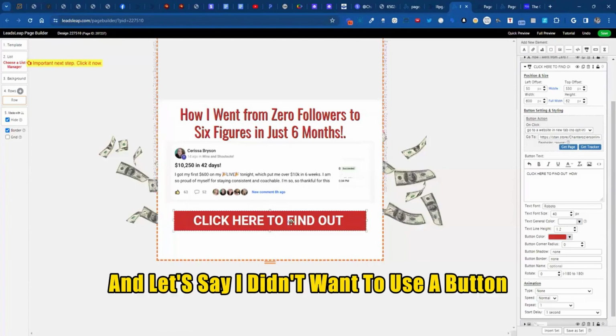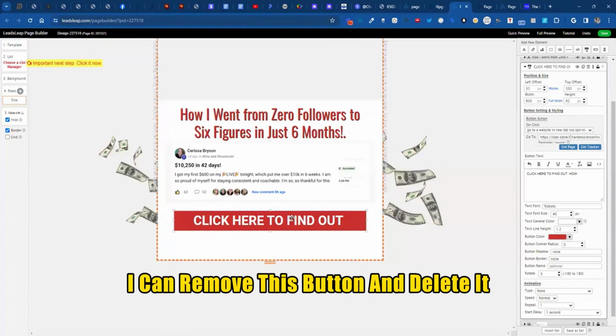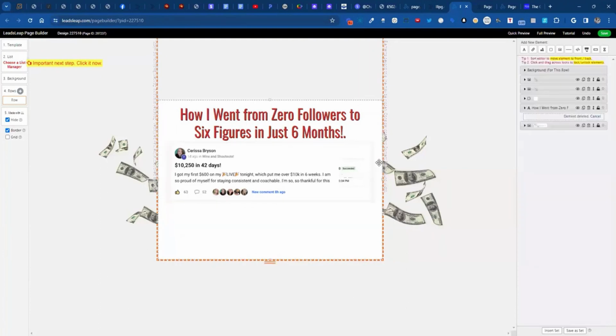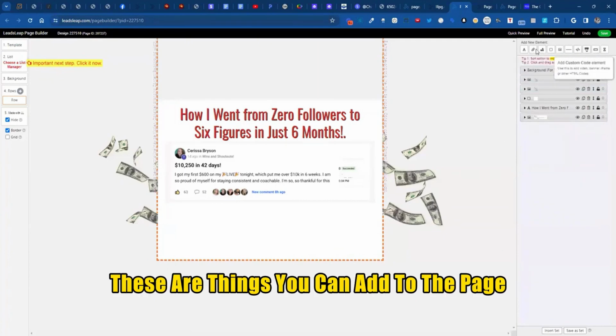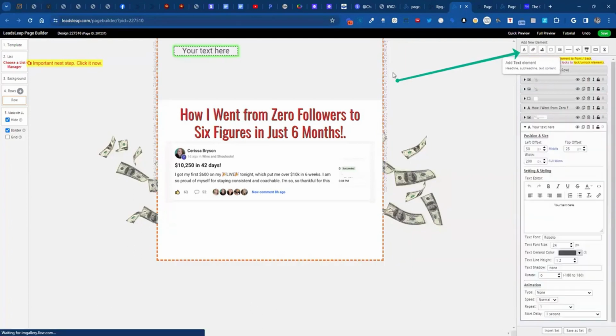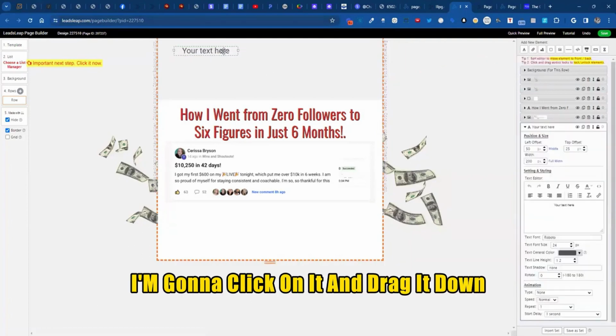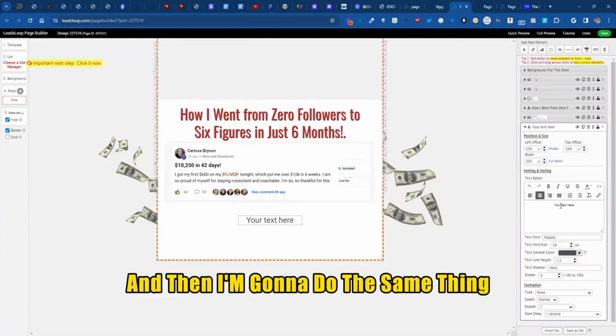Let's go back here, and let's say I didn't want to use a button. I can remove this button and delete it. Now I can make it text. So watch this. I can add a text element right here. See these elements? These are things you can add to the page. It's going to put it right up here. I'm going to click on it and drag it down, and then I'm going to do the same thing I did with the button. I'm going to